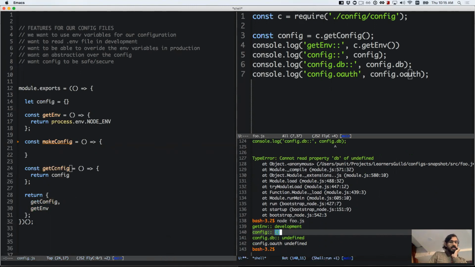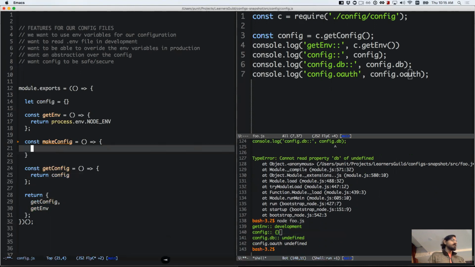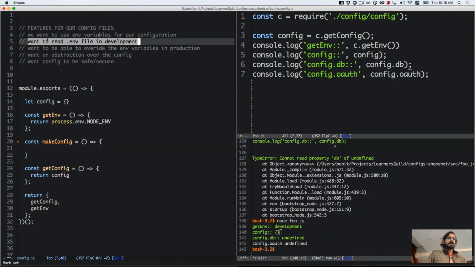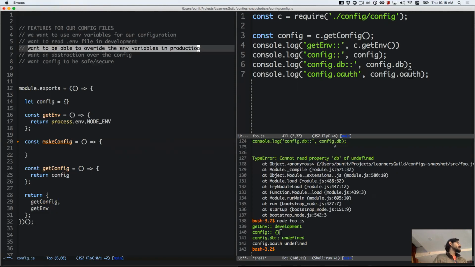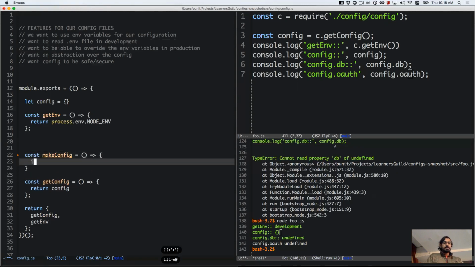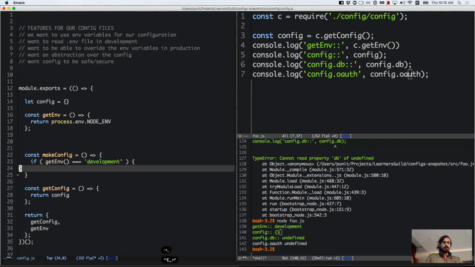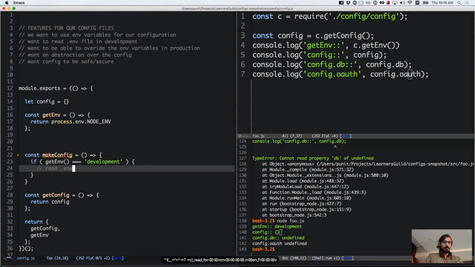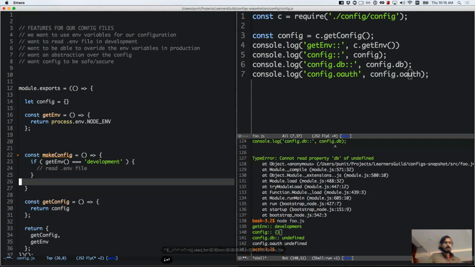So our getConfig will return config, and our makeConfig will need to do some stuff, which is basically we want to read the env file in development. Otherwise, we want to use the env variables, which we assume will exist in production and staging and different environments. So in makeConfig we want to say something like: if getEnv is development, then read from the .env file, else